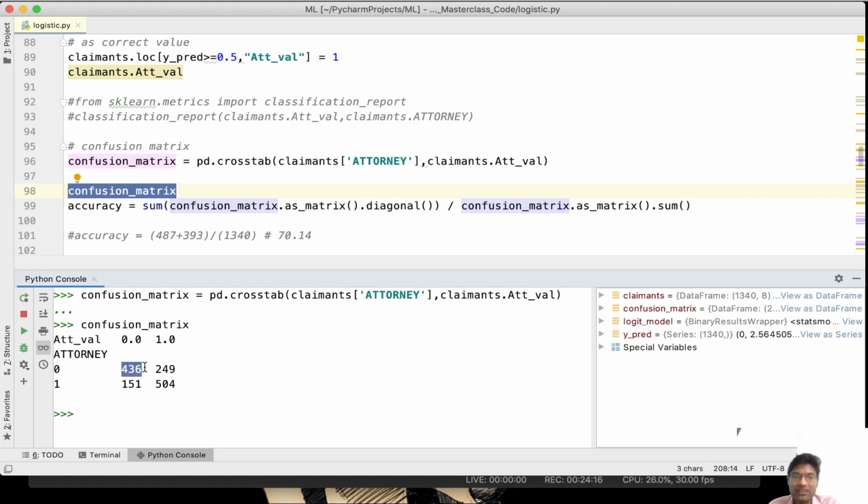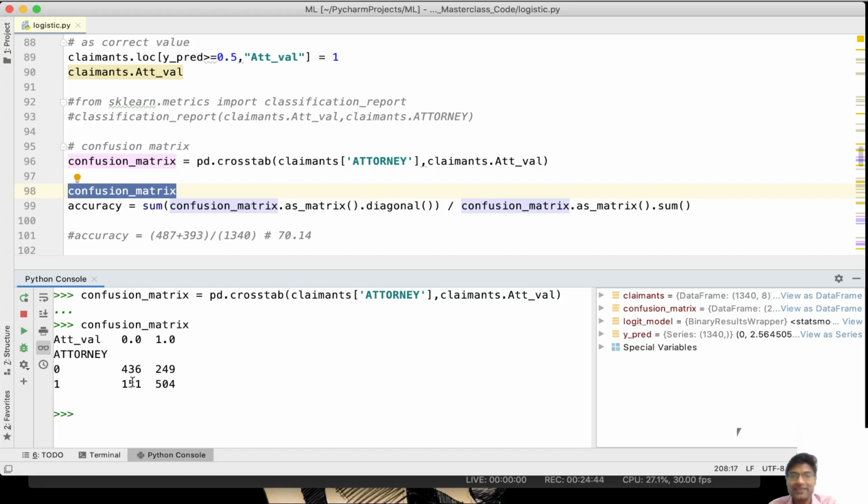The first cell is called a true negative. Then the next column 1, this is predicted 1, but the actual is 0. So this is going to be a false positive, predicted as 1 which is false. Then 1 and 1 will be a true positive. So these are the 4 values we get by building this confusion matrix: true positive, true negative, false positive and false negative.